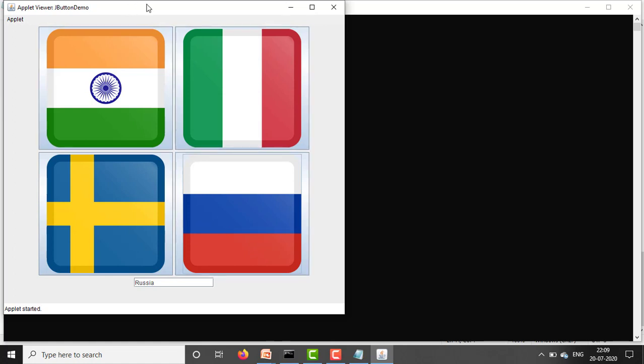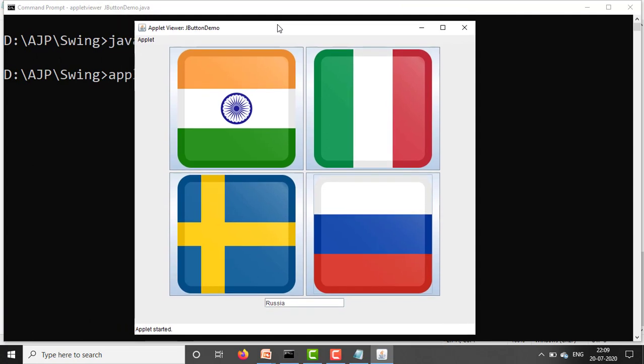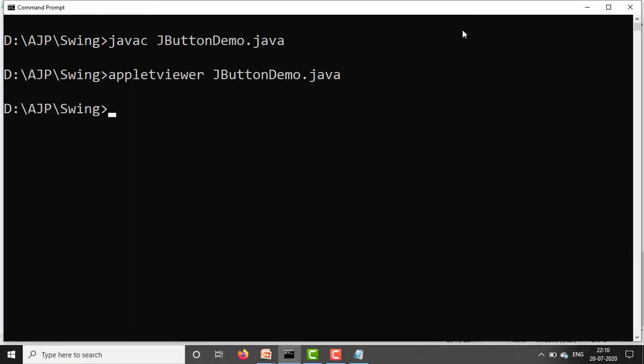Four buttons which have the flag as the icon on them, and this is our output. This way you can set the icon for the buttons, and you can handle the events of the buttons. This is the button example.